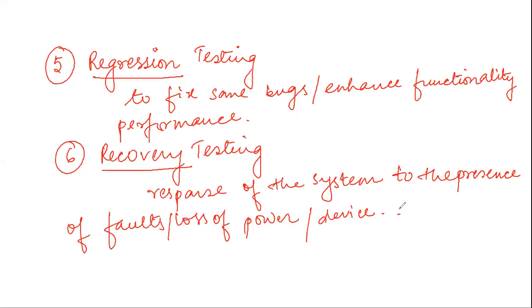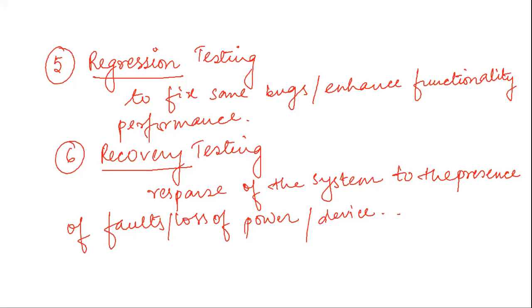So for checking this, we will test my system by suddenly taking the printer cable out from the computer, or shutting down the machine abruptly. So all these tests we perform forcefully. That is our main motto: we will forcefully stress our system, so that we see what is happening due to this stressing, and what measures we need to take in order to stop these things from happening, right? So these two are the new ones.